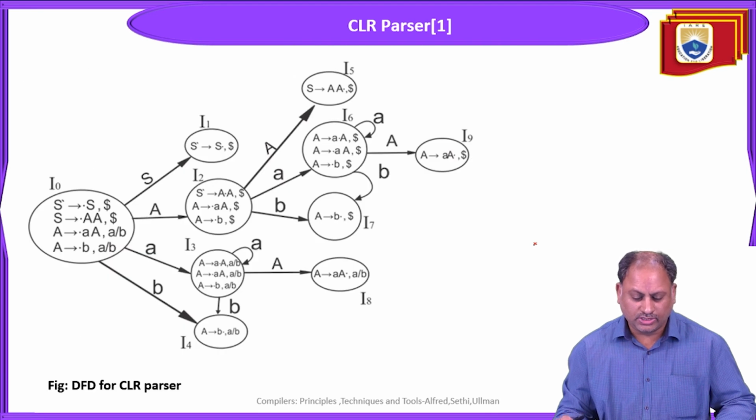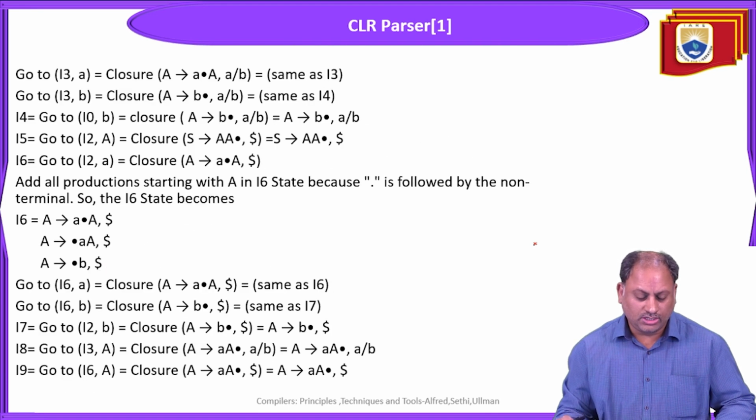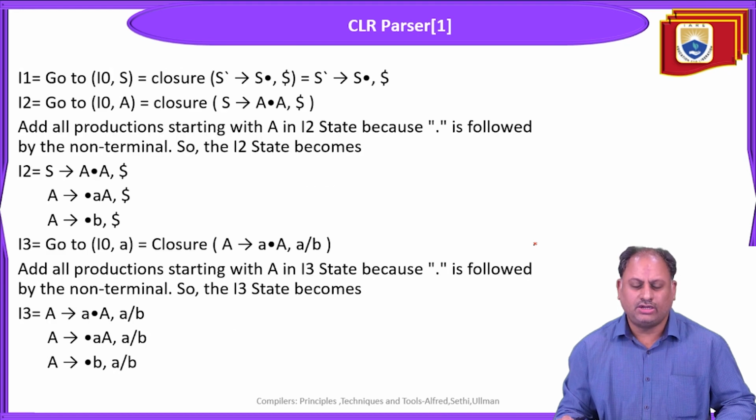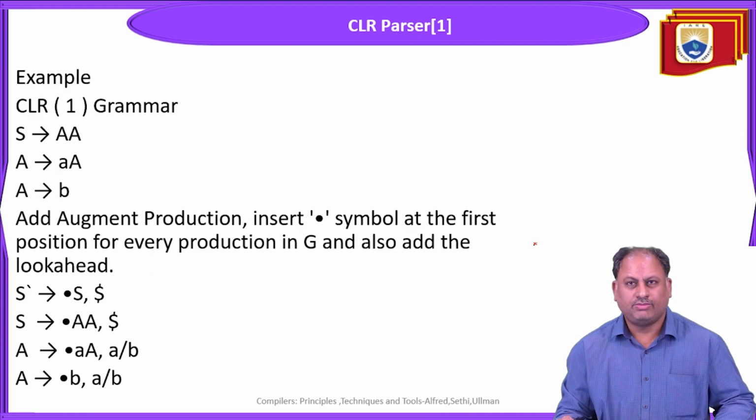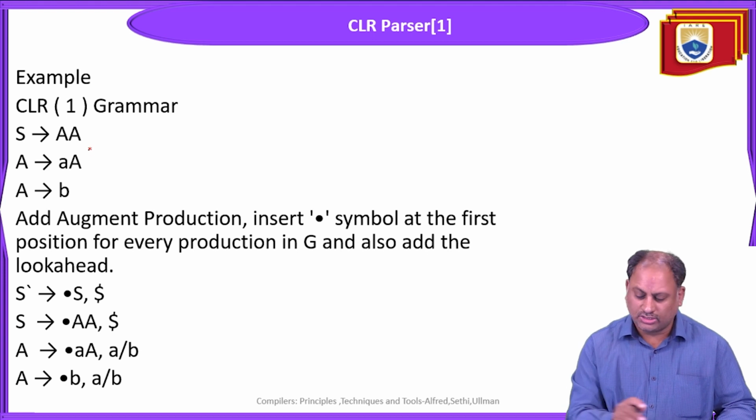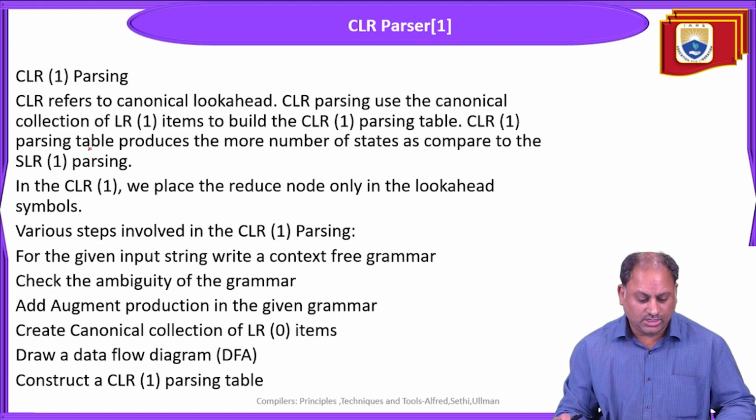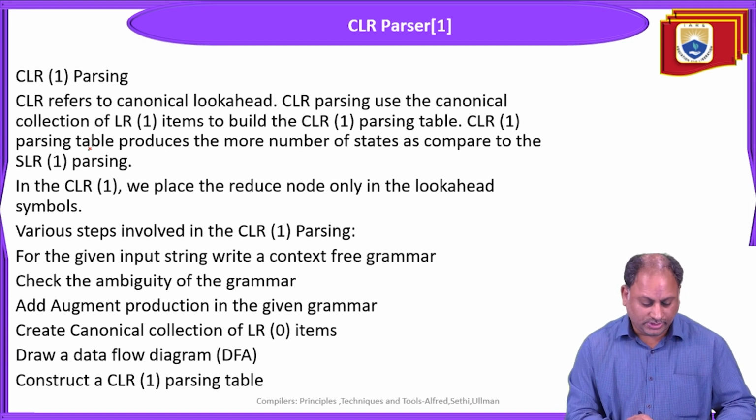The CLR parser is calculated as an added step from the previous SLR parser. The example considered for CLR, the canonical LR parser, left to right, rightmost derivation. Here also we have to write the context free grammar and define the ambiguity of the grammar, and then